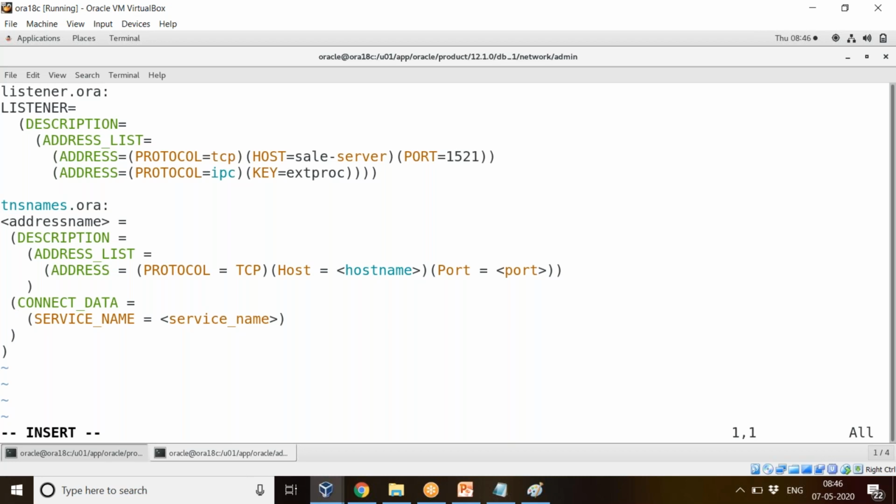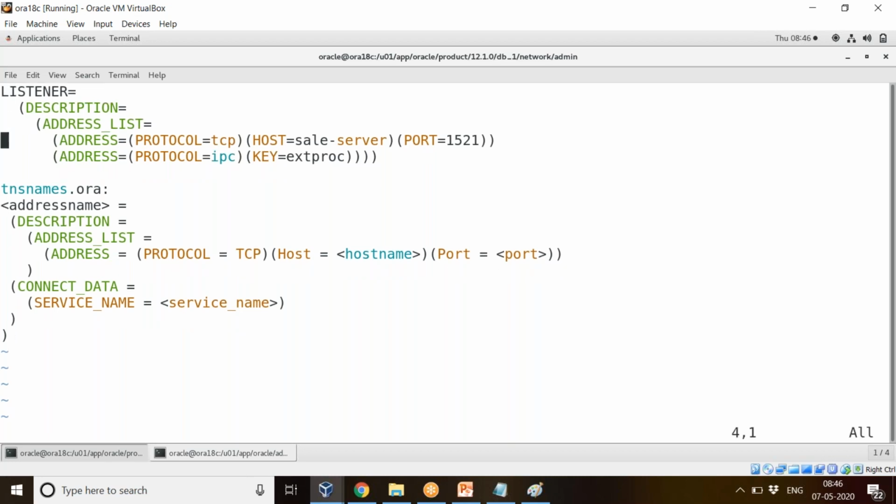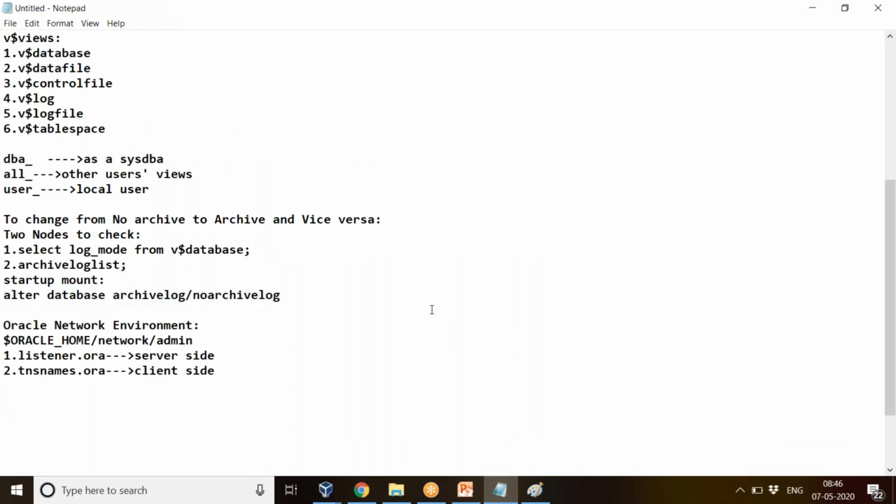listener.ora, I'll just remove these lines. Address, and one more thing which we have to look at is in both the listener and TNS, your address should be same. Okay, address should be same means what? Address contains 3 parts. One is host, another one is protocol, third one is port number.